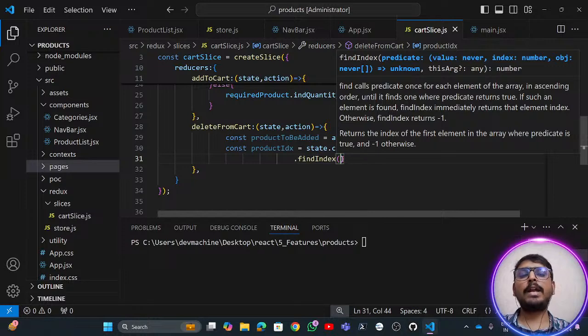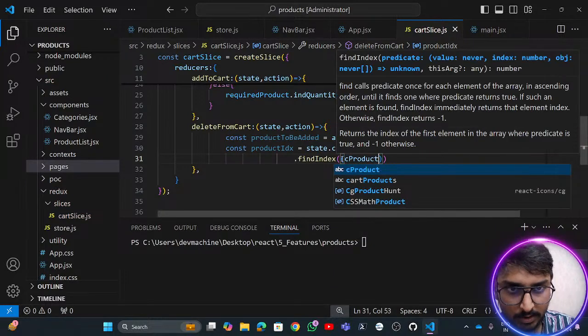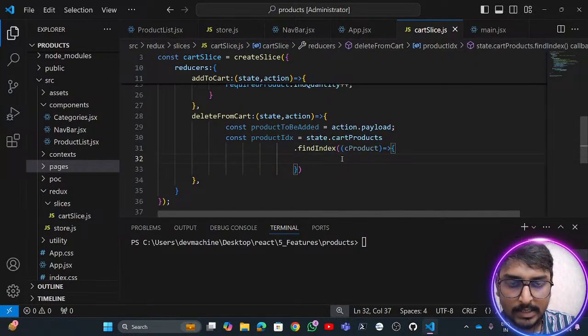If the element is present, it returns its index, otherwise it returns -1. So I am using findIndex to find each product index, the quantity of it, using this thing known as findIndex. For which I'll write simply a function, C product,